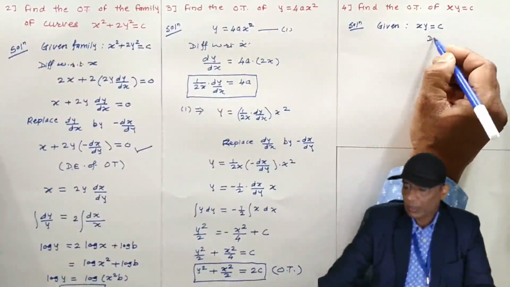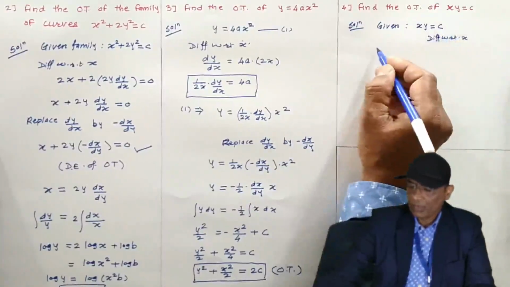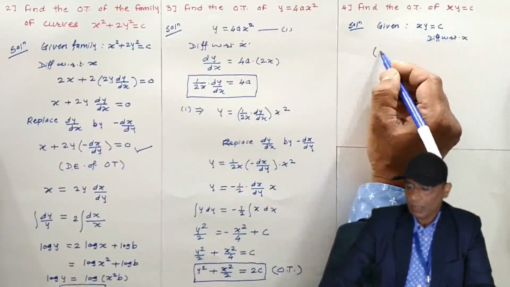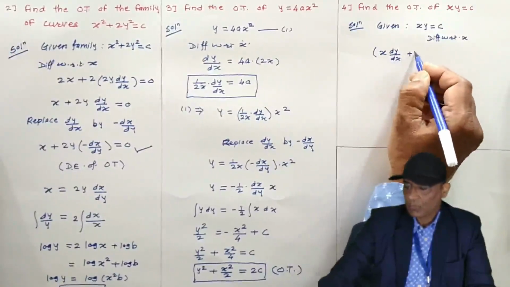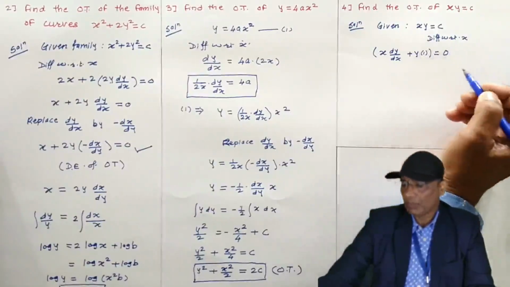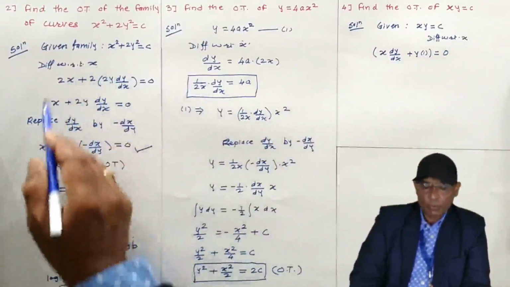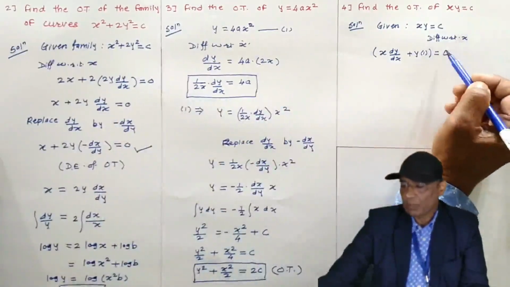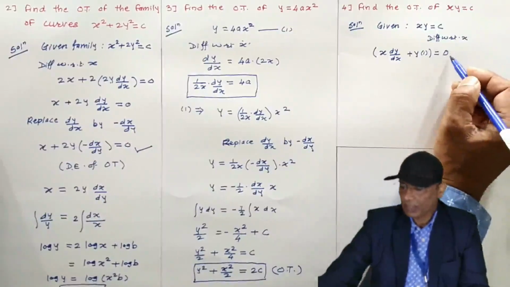So what I am going to do? Differentiate with respect to x. If you differentiate with respect to x, what will happen? Take the product rule. x dy by dx plus y times the derivative of x, which is 1. The derivative of c is 0. Here again the same thing happened. In this problem also, after taking the derivative, c has been removed. Much more work is reduced.